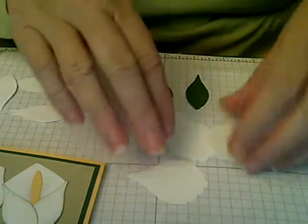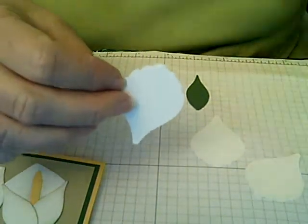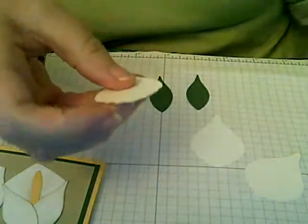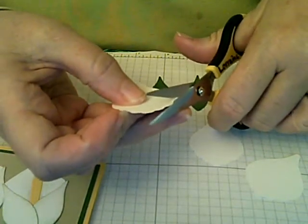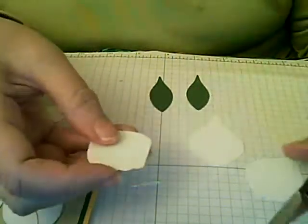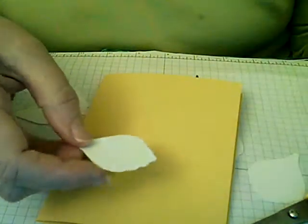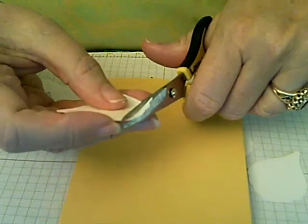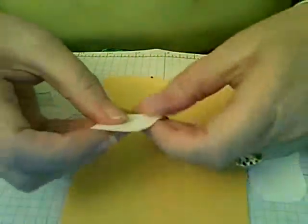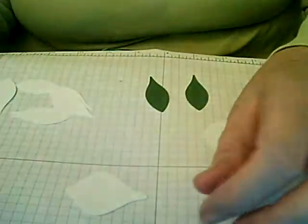So to make the Calla Lily, you take one of each of these petals, and you will cut off the scallops. And you're just going to cut a fine line and leave a little bit. Oh, this is a little hard to see. Maybe put it against the yellow. Leave a little bit of the curve on that top bit there, and then trim off the other bit of curviness. Okay, it'll give you kind of a pointed petal. And you'll repeat that 3 times,